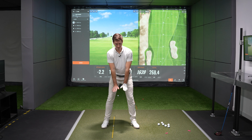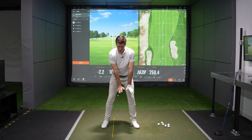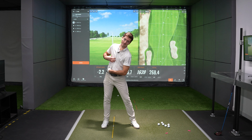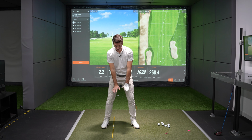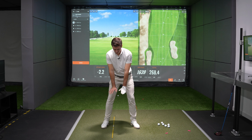From there, I want you to put your hands in front of you as if you're pushing on a tabletop. From there, the tendency for most people that I've seen would be to, again, bump the hips away, and that gets the arms feeling as if they're going quite high, quite early, and we can see the excessive tilt I've got. What I want you to try and feel, if you feel like this is you, is feel as if as you move your shoulders and hips around your spine angle,